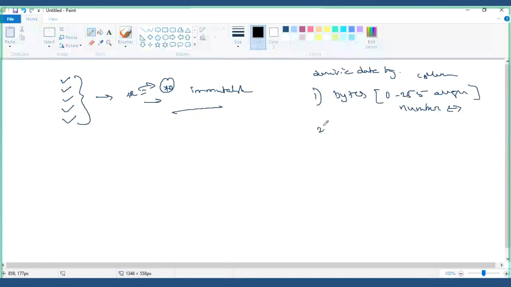If you try to assign anything beyond that, it will throw an error. And the data is fixed. Once you create it, you cannot modify it.